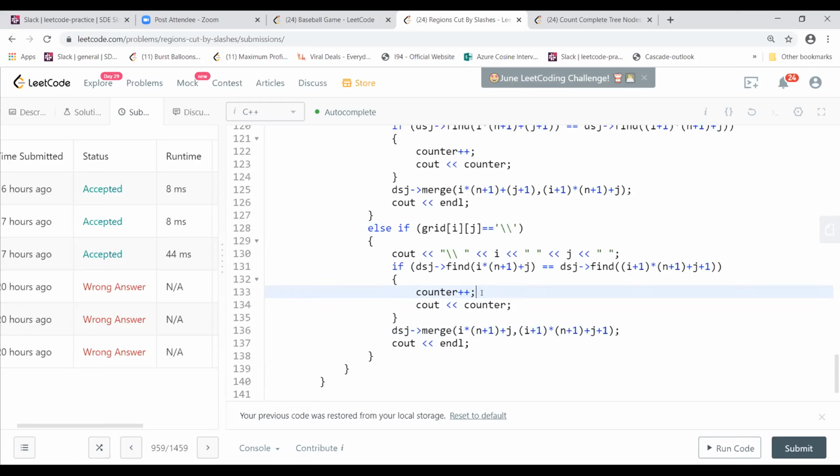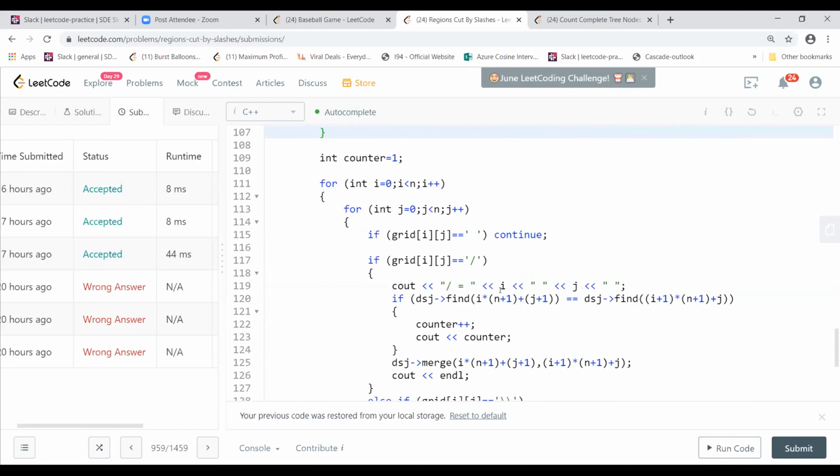So in that case, it will be half, wherever it left, it will just be there, but it's not going to increment the counter at all. And here, the only basic assumption of the counter is that the base condition is always taking the counter to be 1. So he's assuming there will always be an island of 1. Okay, but that is also true, right? Yeah, definitely. If you don't have any slash, or if you have a single cell, okay, and if you have a slash, still at least you will have one island, and the second island will be by connecting the backslash or slash.